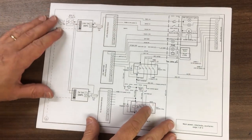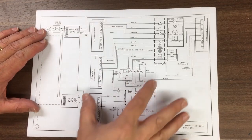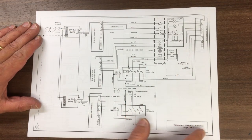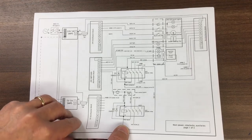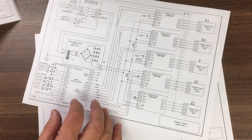So I've just finished all the drawings. I haven't really proof checked this to make sure there's no errors, but just to give you a basic idea of what's going on. We've got the main power, all the interlock systems, safety systems and auxiliaries are all on here. And then on the second page we've got,